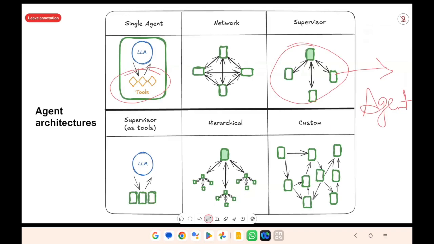Any thoughts? What is the point of having tools? What is the point of having agents? I mean the supervisor architecture.